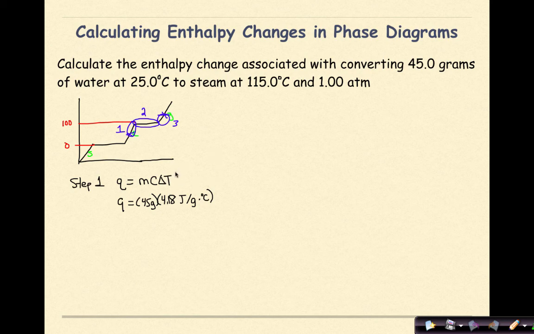So my temperature final is going to be 100 degrees minus where I'm starting, which is 25 degrees Celsius. So 100 minus 25, that's going to be a delta T of 75. So if I multiply those three numbers together,